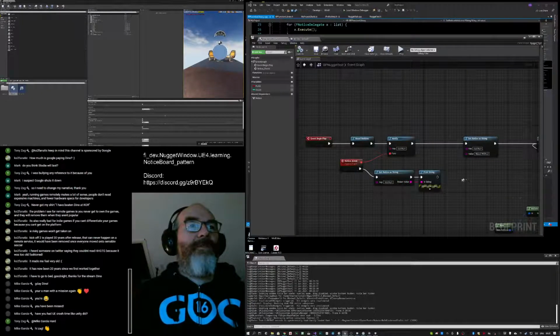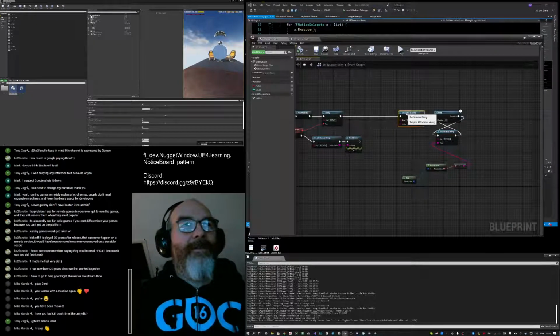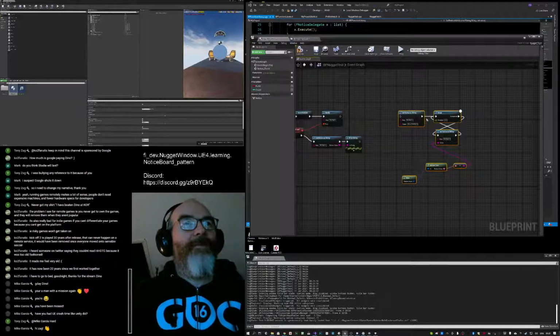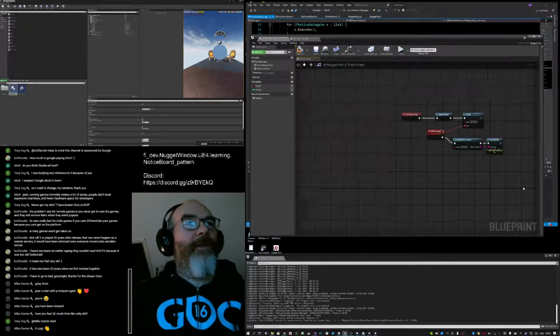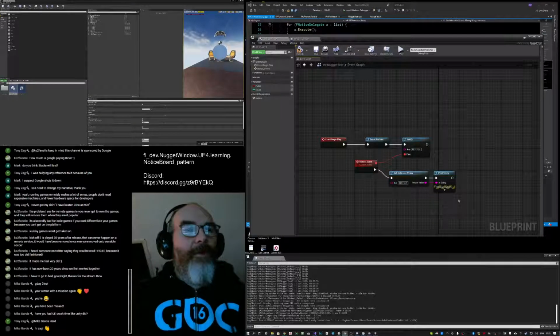So this is print the key anytime it changes. And I had this other thing over here which I can just get rid of or break a link. So this says when the value of test key changes, print it.